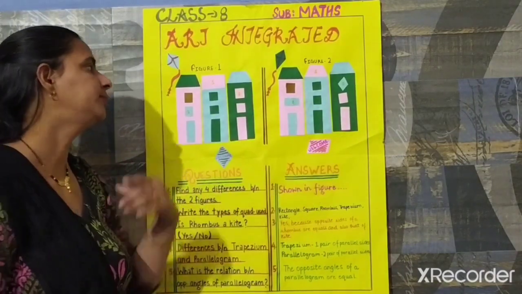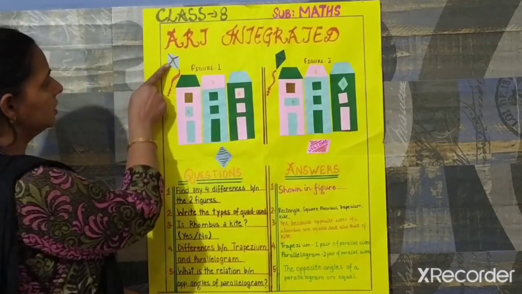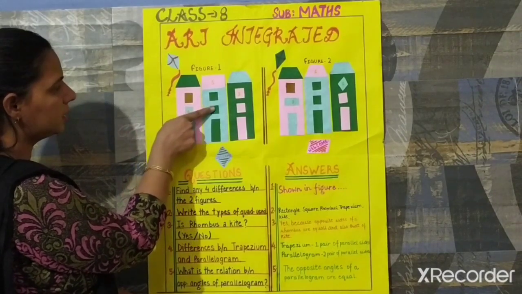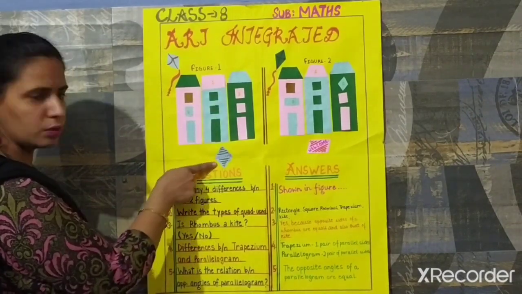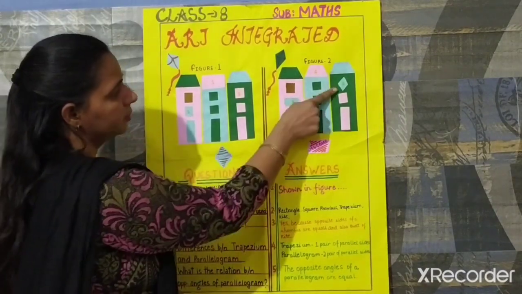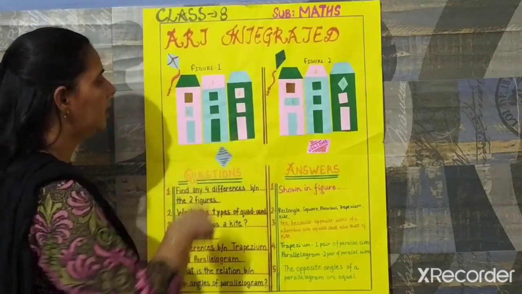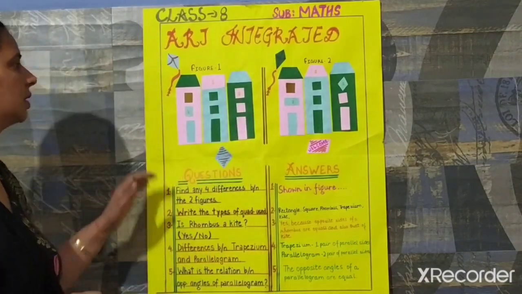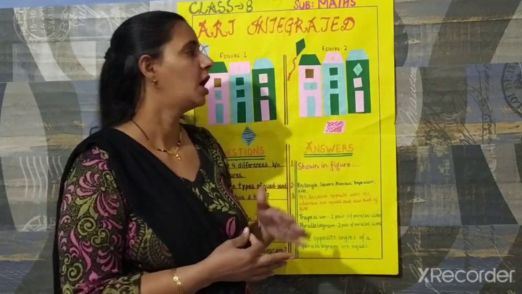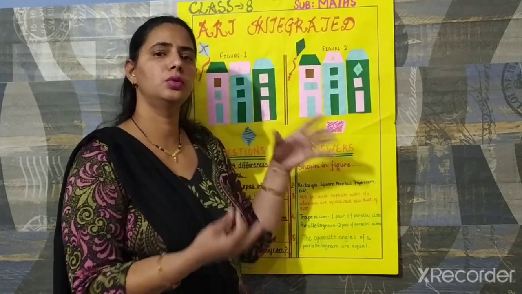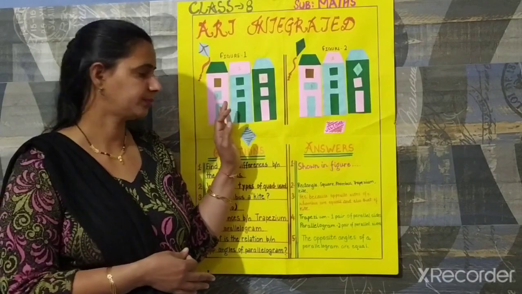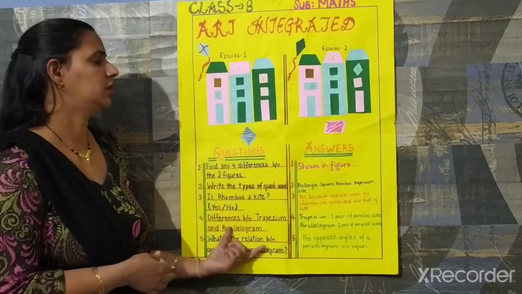Now you can see I have used a kite that is flying. This roof front view is a trapezium, this is a rectangle, square, rectangle, trapezium. This door mat is a rhombus, and here this door mat is a parallelogram, this is a rhombus, and a kite. So I tried to use all the types. In this project you have to use your creativity to relate this through art. I have drawn these figures, but not only drawing, you have to explore it more through questions.